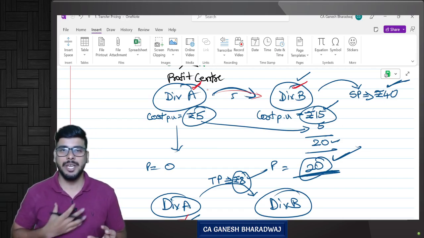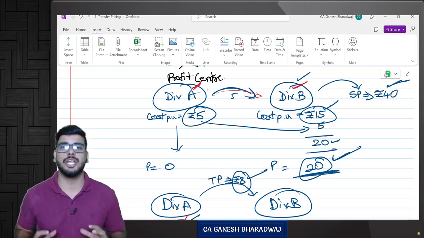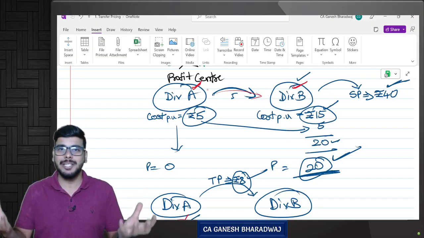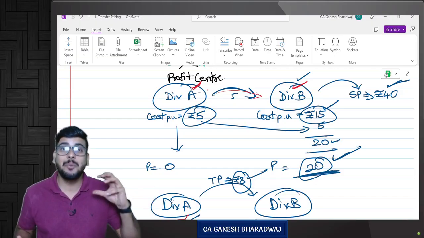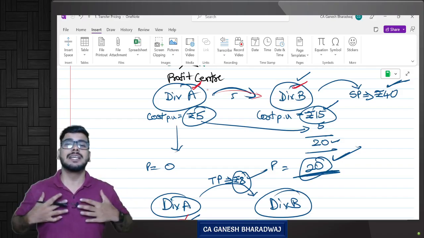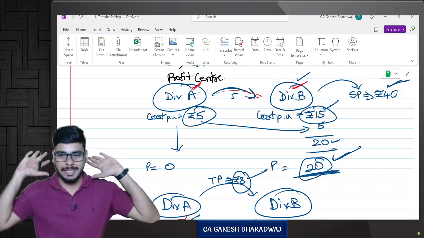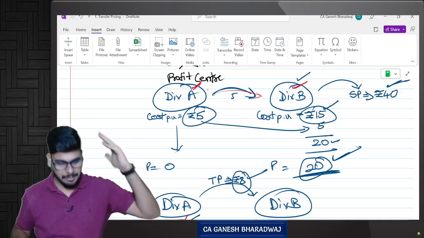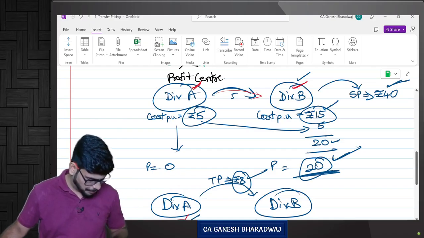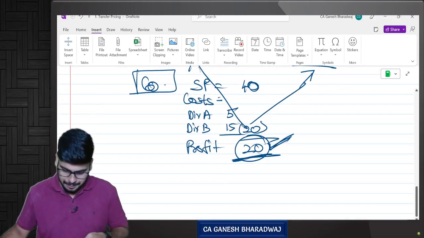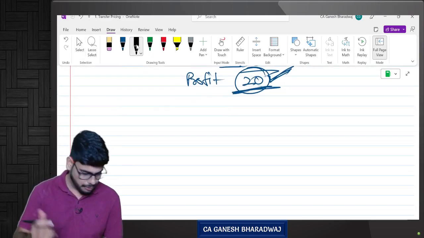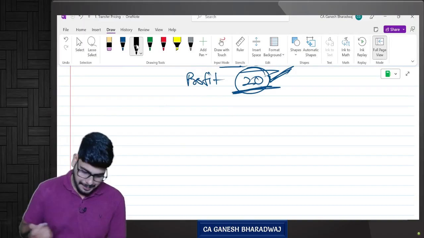That's why the main objective of this chapter, which is transfer pricing, is to ensure that all the managers of every division are properly motivated so that they are given the due credit, and overall the control is getting exercised that helps us achieve the overall objective of our company. Are you clear with this? Yes. Now I will just write down a few things here. You need not write down because I'm going to give this to you, so that shouldn't be a problem, right?